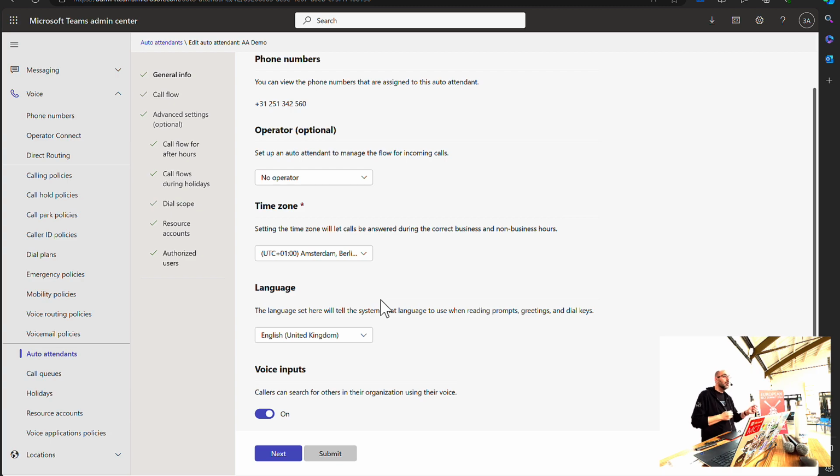And the other way around, if you want to use the directory search option, so someone can say a reply instead of dialing 1 or 2 or 3, you need to select the right language. The voice inputs option is not available in all languages. I've selected English for this one. If I select Dutch, I won't be able to use those voice inputs because they haven't created that speech-to-text functionality for the Dutch language just yet. Should be coming.